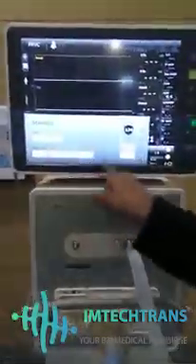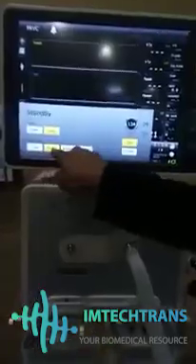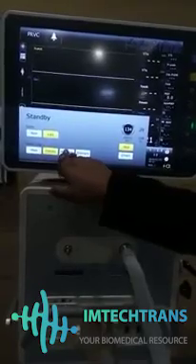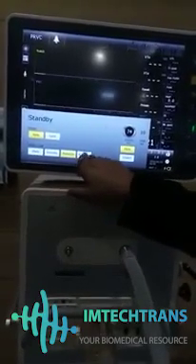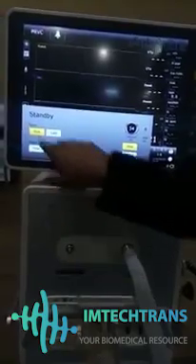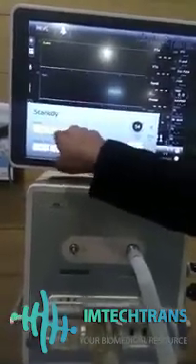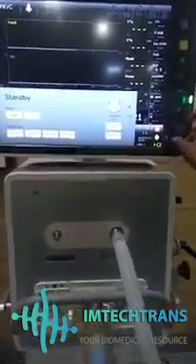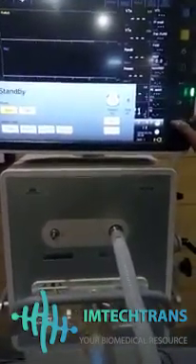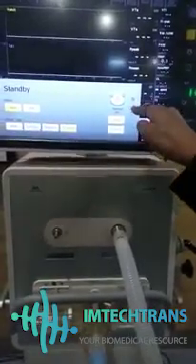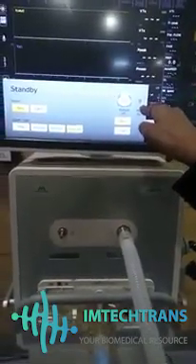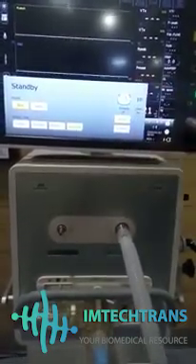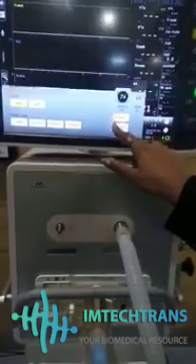You can see here there is a patient type. This is male, female, pediatric or neonatal. If your patient is pediatric, you just have to press pediatric. If your patient is neonatal, you can choose neonatal also. Or whether your patient is new or last, you can also select these options. Here you can see the patient height is also available, so you can select the patient height accordingly. And also you can see here there is the patient body weight. The patient body weight will automatically change according to patient height. So just you have to start this.